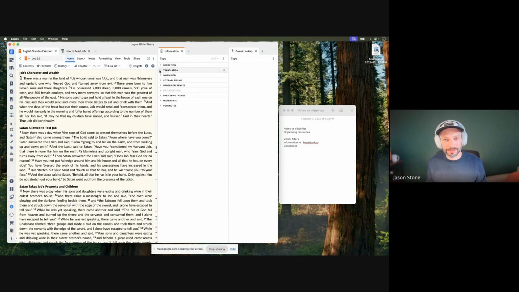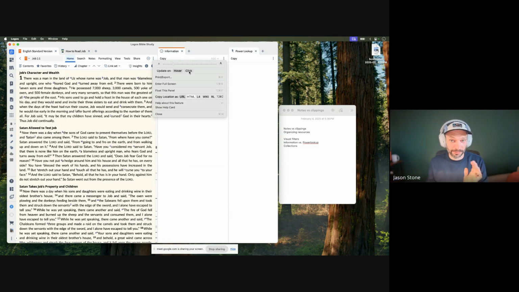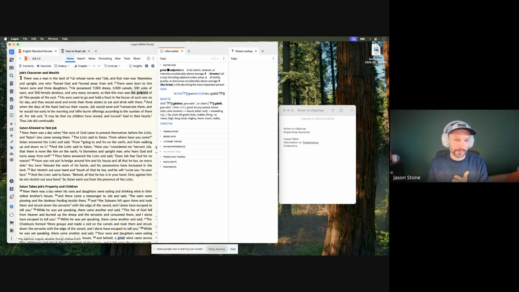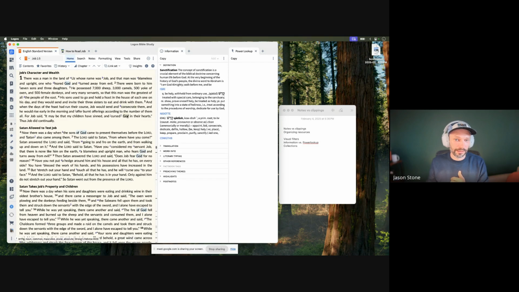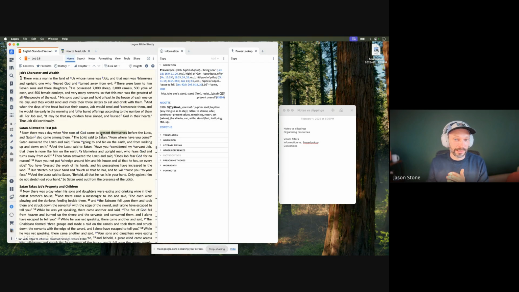It's translation information across different Bible translations. If I want to do a word study, this is a quick launch into a word study. So that's what's happening right here. This is really just that on hover at the moment, but I'm going to change it to click so that whenever I click on something, like I just clicked on the word great, consecrate, God, it gives a little bit more information about it.